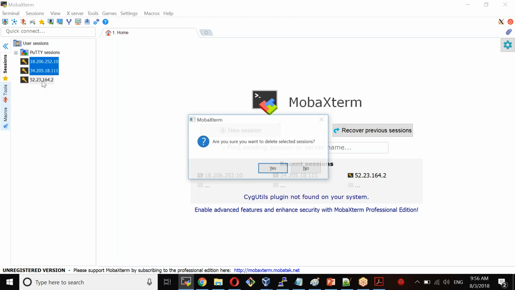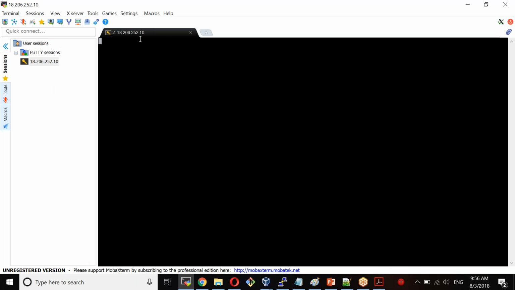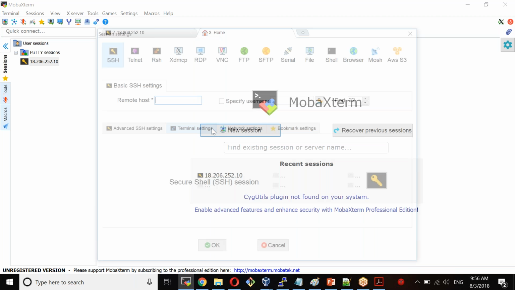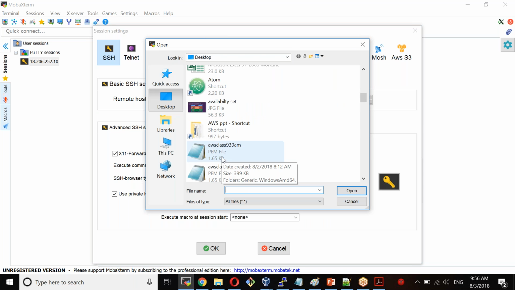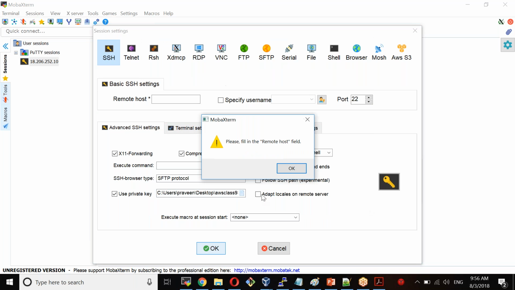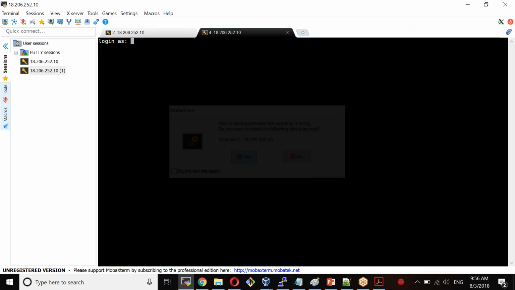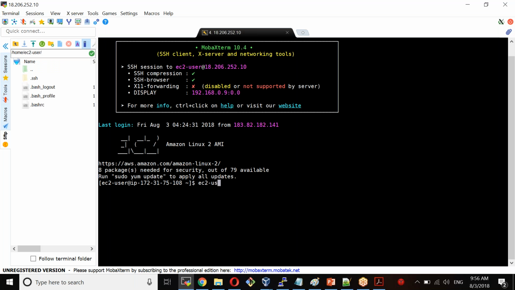Click on the session. This is the IP address, and you also need to specify the private key. Private key is AWS class 9:30. Remote host. That's it. You're connected. The username is EC2-user. The next thing that we do generally, if it's the first time that you are connected,